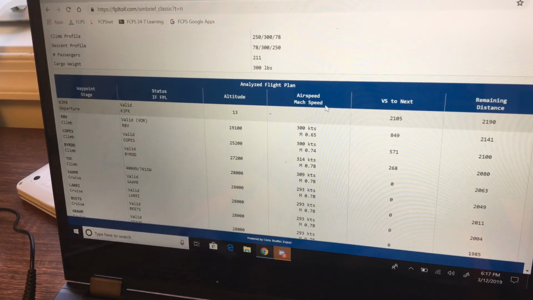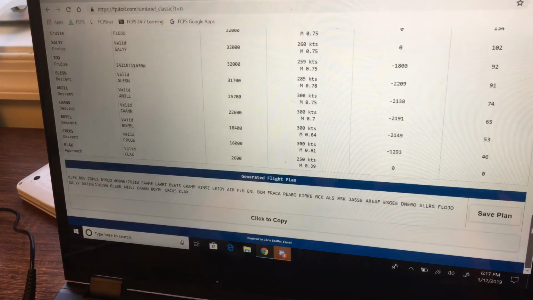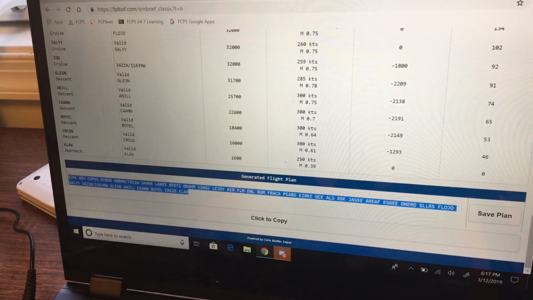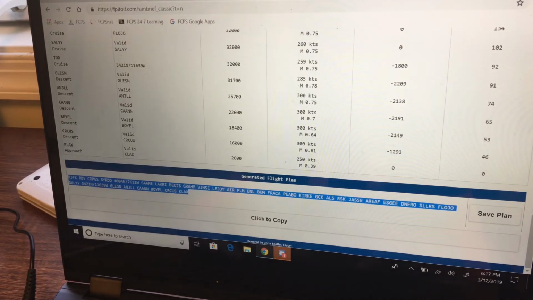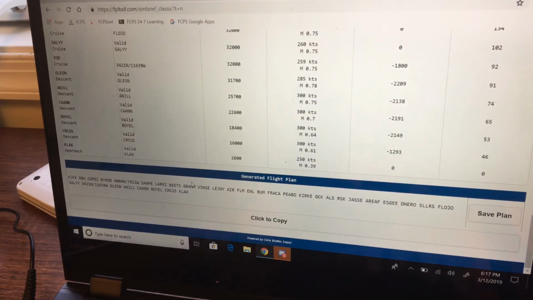And here's the distance remaining. Here's the speed you want to be at the waypoint. Here's the altitude you want to be at the waypoint. Basically, when you scroll down, you want to highlight this and copy it. You want to either go to your email, or you can text it to yourself if you're on a Mac, or if you're in a Discord, you could send it in a PM or DM to yourself, or